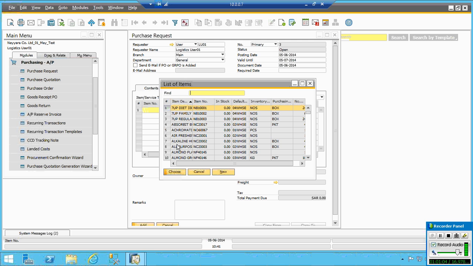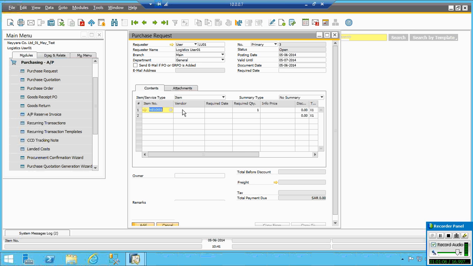Say I want 7 up. I have an option to choose the vendor, otherwise I will leave it. If you have set a default vendor, that vendor will be displayed automatically.